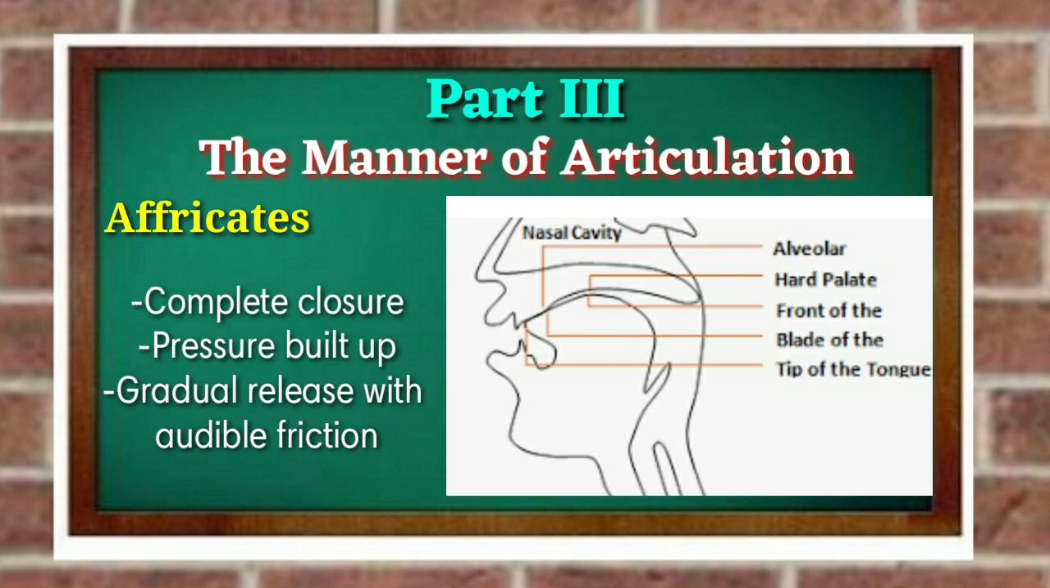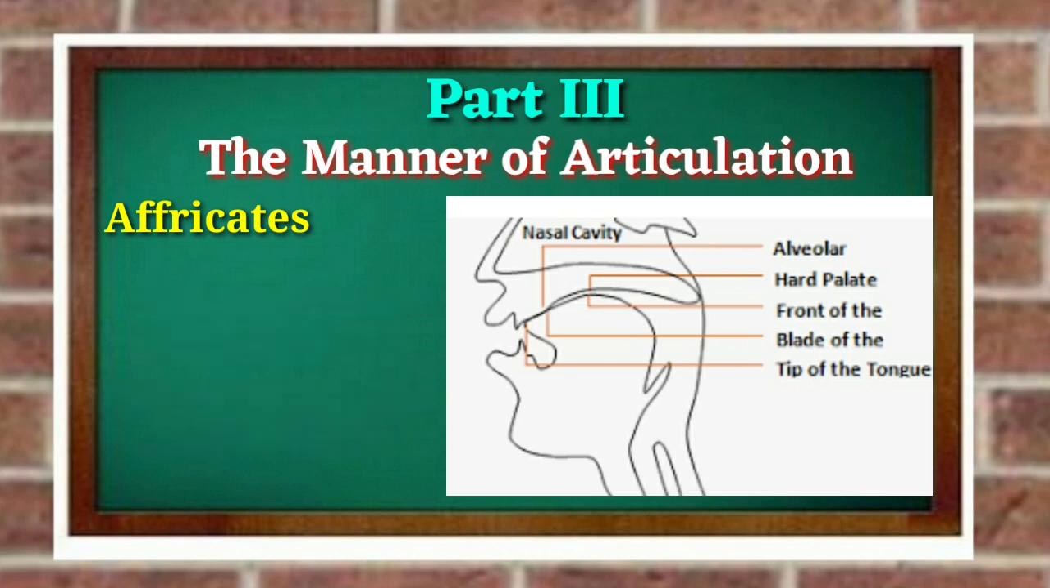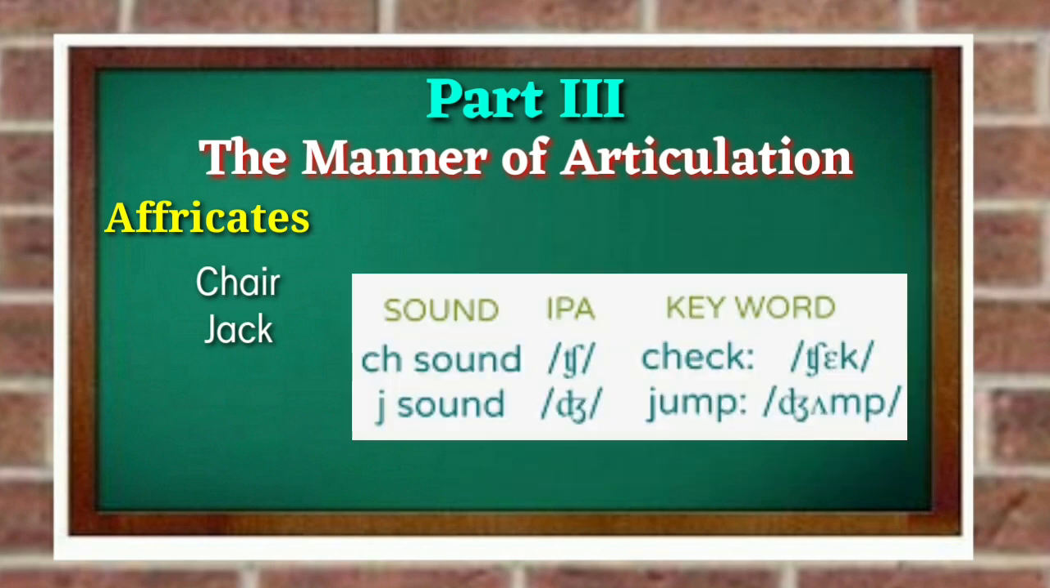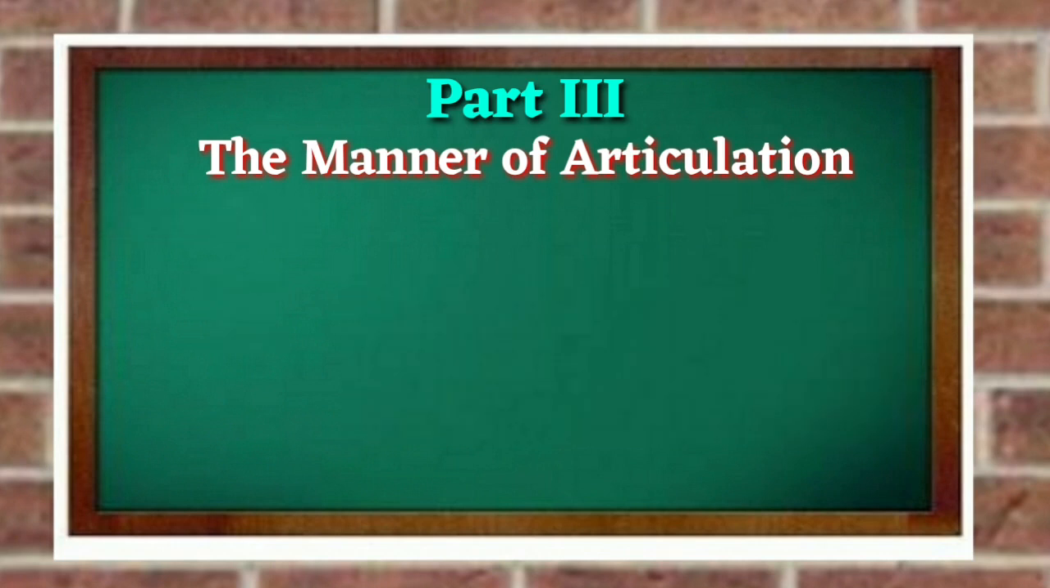So audible friction is there, and such sounds are known as affricates. The initial sounds in the English words "church" and "judge": ch and j are affricates. Next,